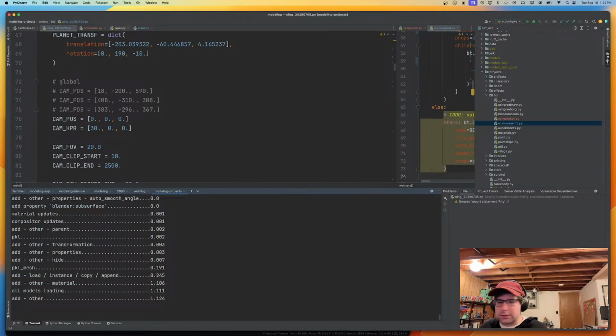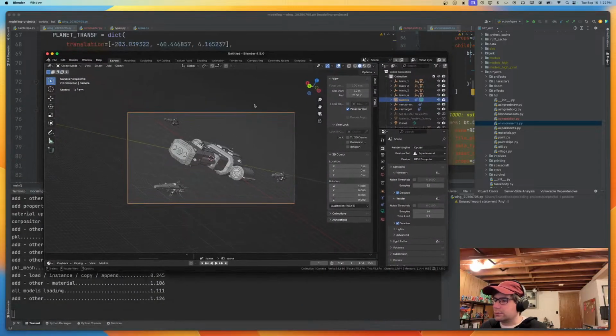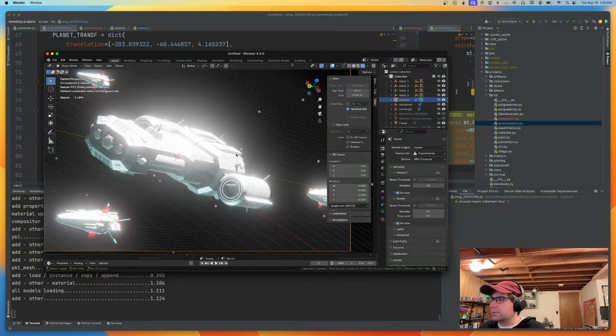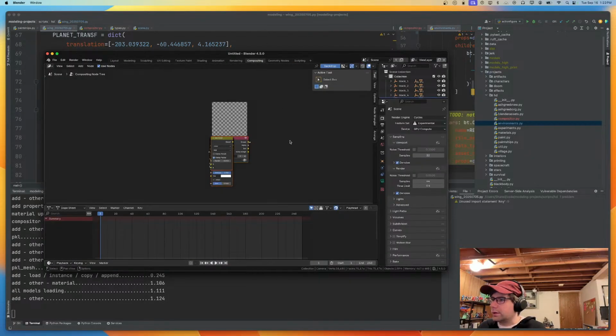And it looks like everything worked, and we should see it look really blown out. Yep. Okay, now if we go into compositing,